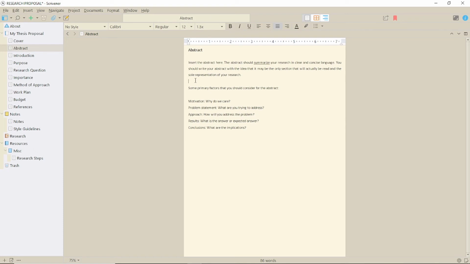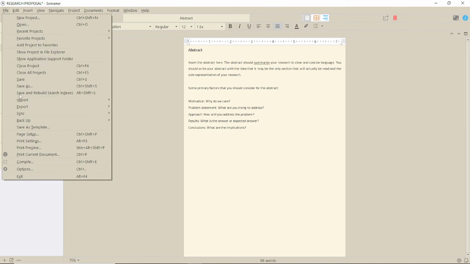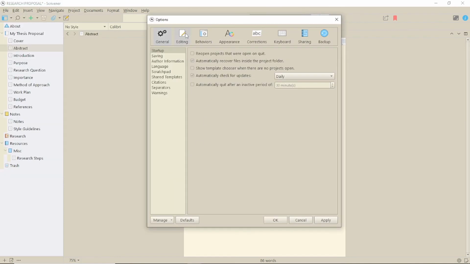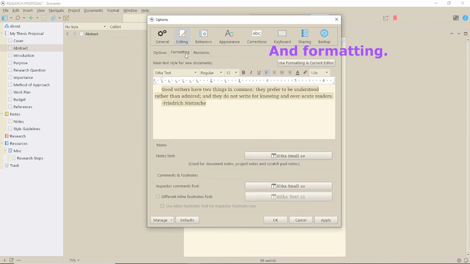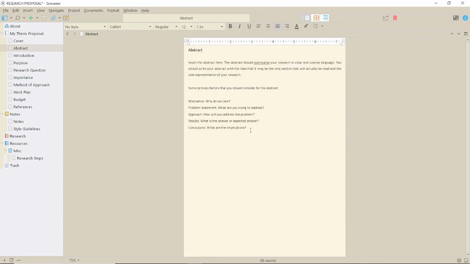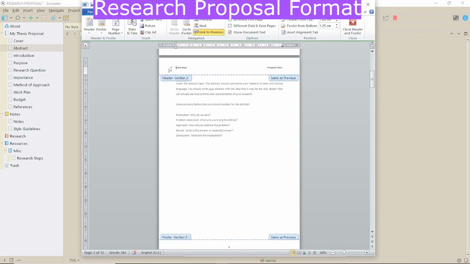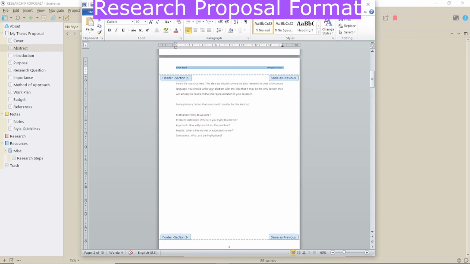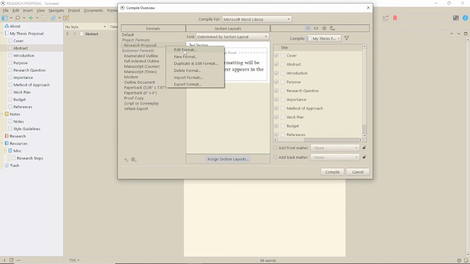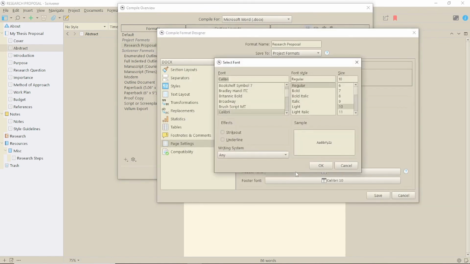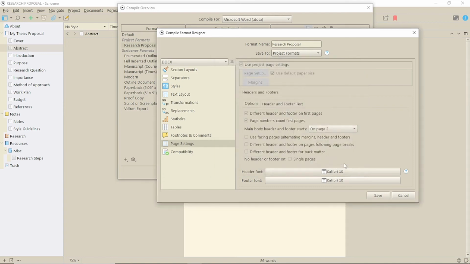Now let's look at changing fonts in the editor. You could set the default font to something different under File, Options, Editing, but if you're overtyping the text, that might get confusing with fonts changing all over the place. So the easiest way to modify in the editor is to select all the text in each document and manually change the font. Of course, this won't change headers and footers in your compiled document, but you might want to do that in Word rather than delving into headers and footers in compile. However, if you do, you'll find it under Page Settings in the compile format, which you can access by right-clicking and choosing Edit.